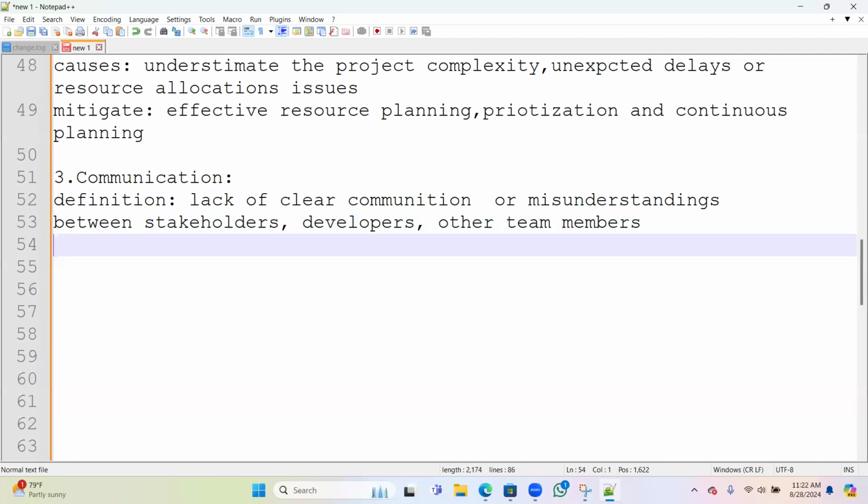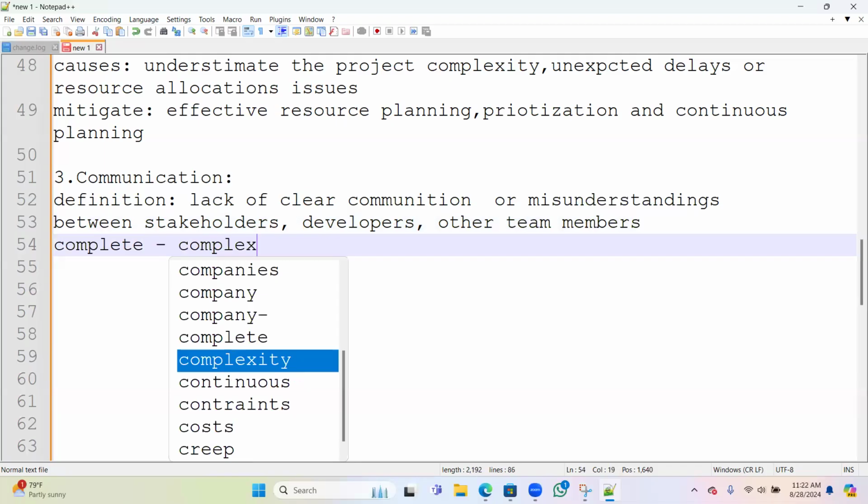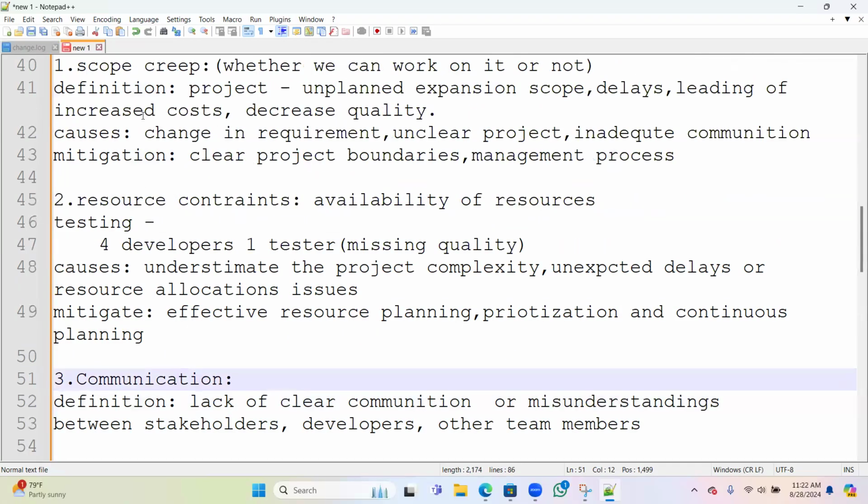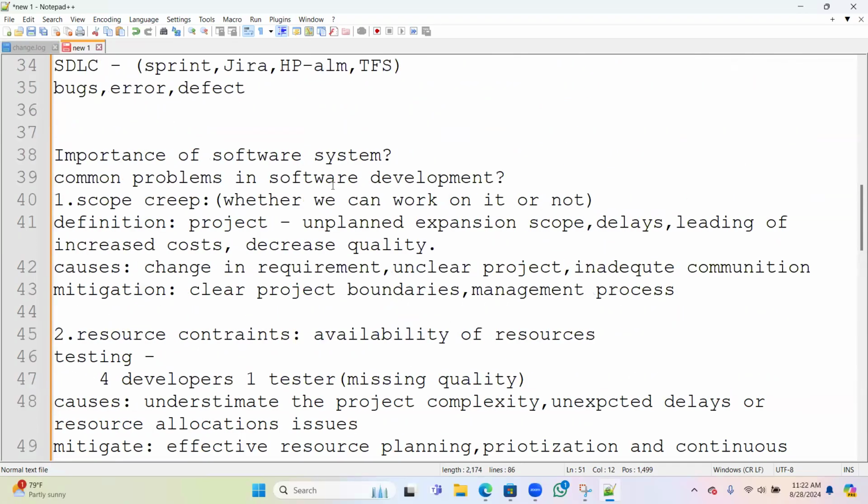Because of that, I said something like "complete" and you understood it like "complex". So some misses, even because of this misunderstanding, or because of the communication gap, you might have issues in the software development.